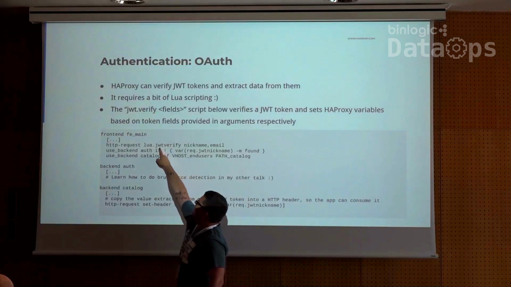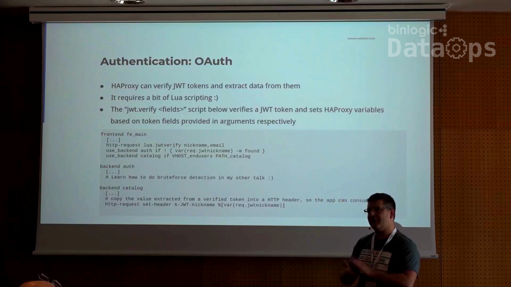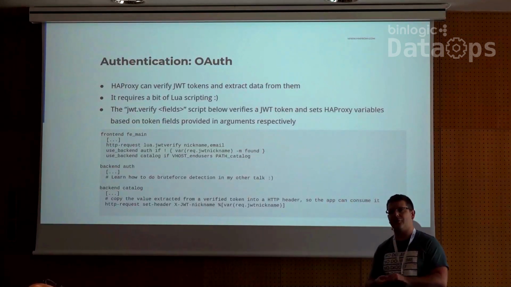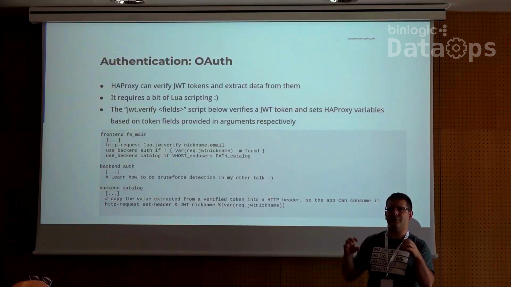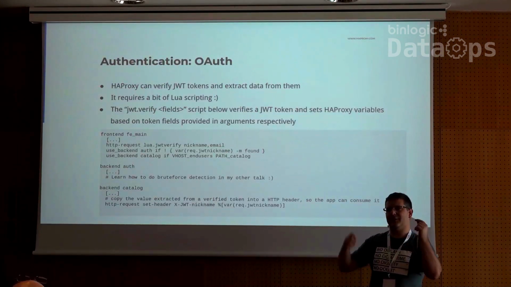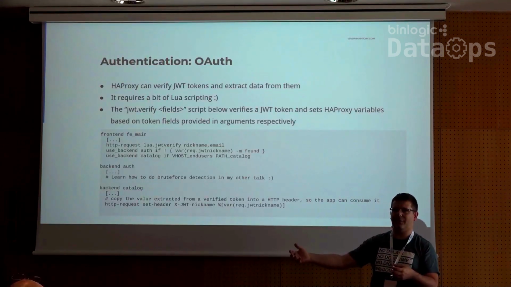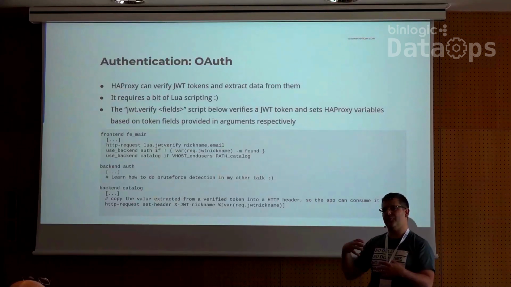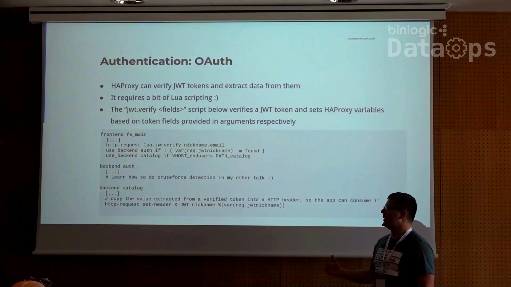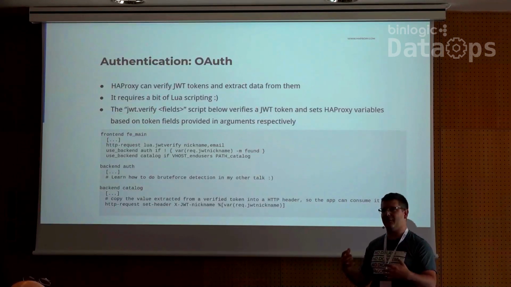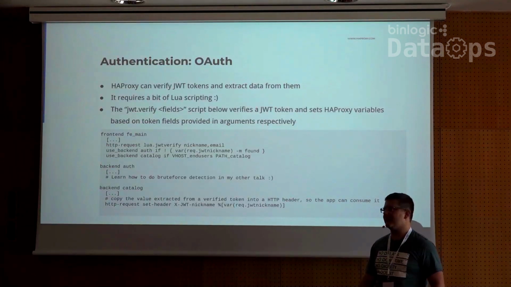So in the case of OAuth, what I do now is that I take the request and I execute this Lua function. My Lua function will just do the validation of the token. Validation of the token means that you take the payload, you take the headers, and you validate that the signature is the one matching. The signature is a computation made by the server with a private key. And of course, you must provide to HAProxy the public key for that validation. If the validation matches the payload, then it means that it's the expected provider that has generated that token.